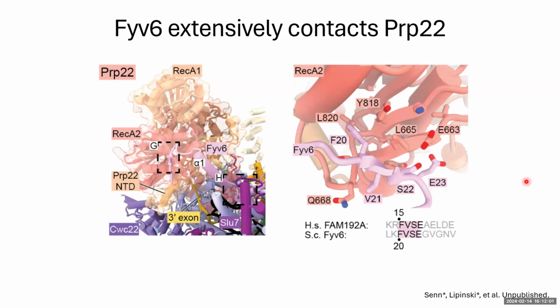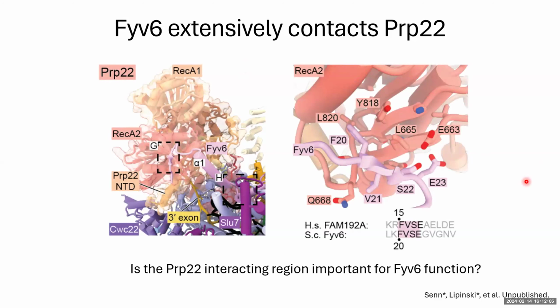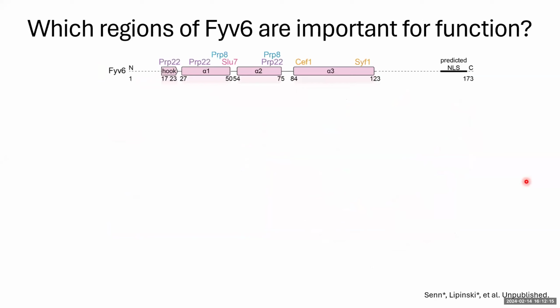And so based on the structural data, we were very intrigued by this, and we were wondering if this interaction with PRP22 was important for FYV6 function, since PRP22 helps to proofread the 3' splice site. And so to examine this a little more closely, we truncated various regions we thought might be functionally important in